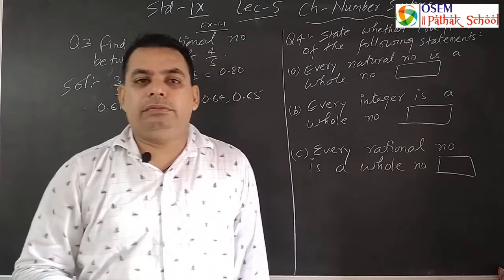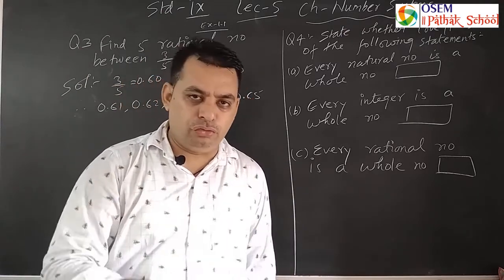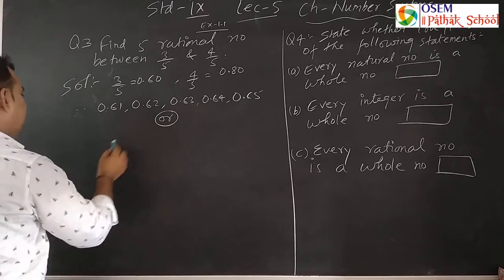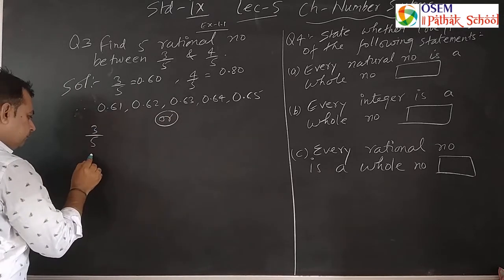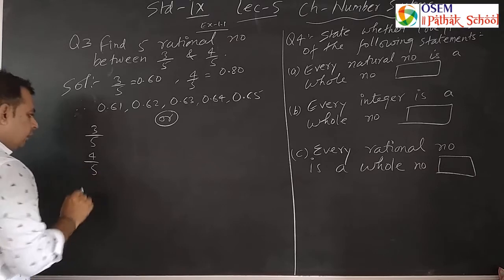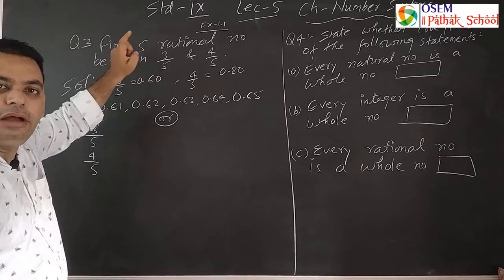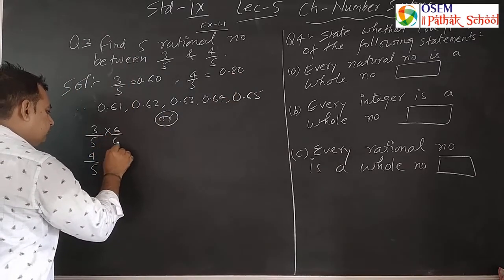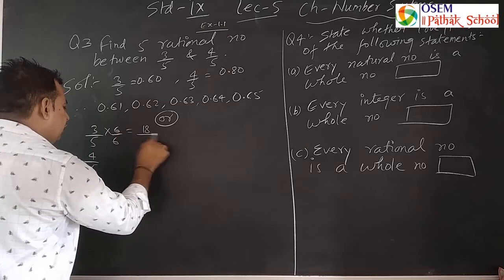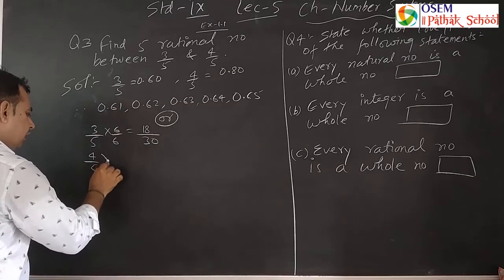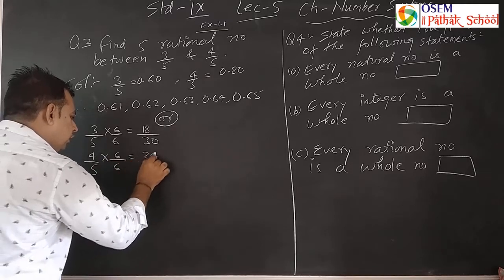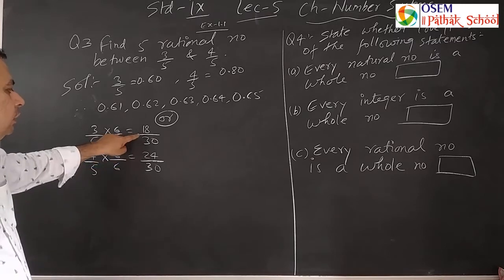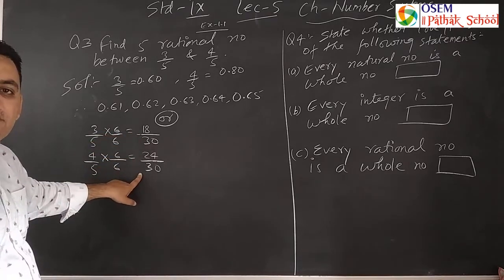And the second method which we have discussed earlier, we are also solving that part. I have written it down over here. So 3 by 5 and 4 by 5. How many numbers do we have to find out here? 5. I told you, add 1. 5 plus 1, 6. Multiply 6 with both sides. It will be 18 upon 30. And again 6 over here, 24 upon 30. So now clearly we can see both the numbers have the base 30.